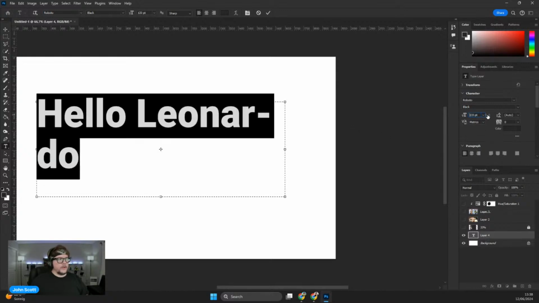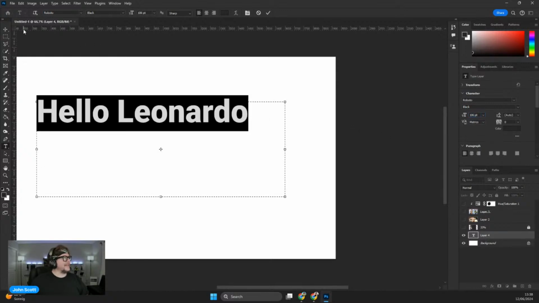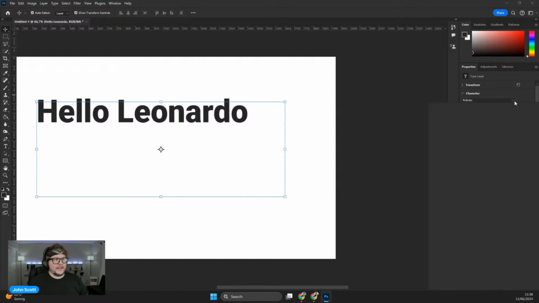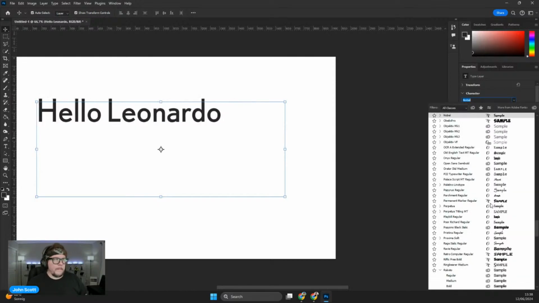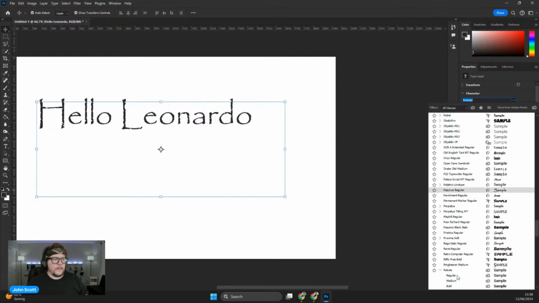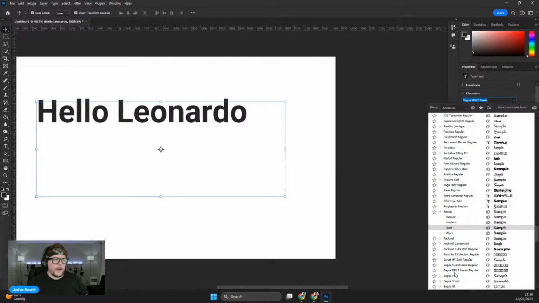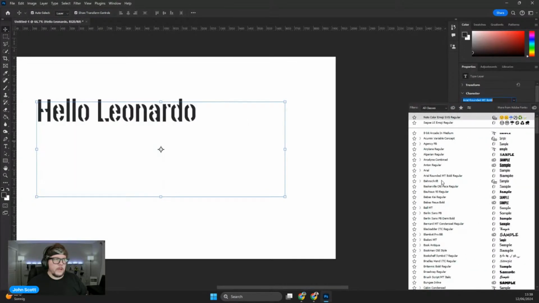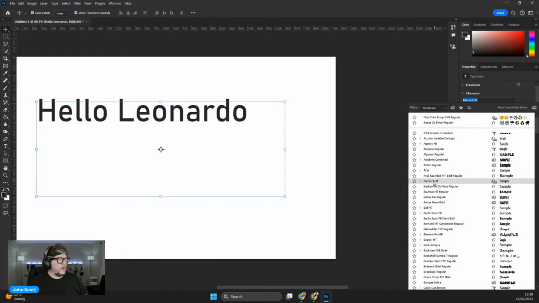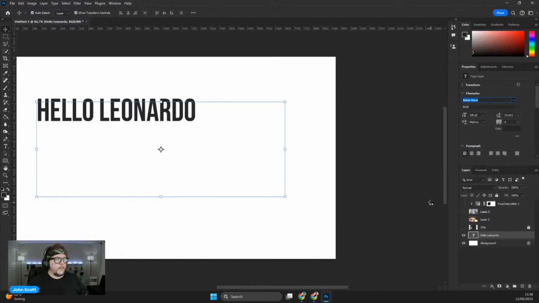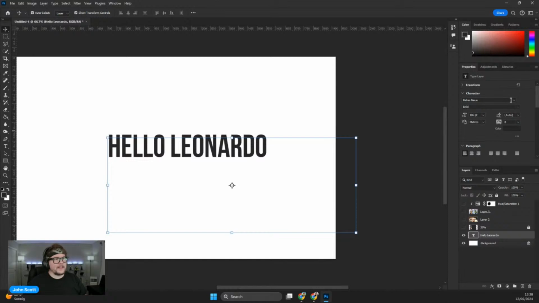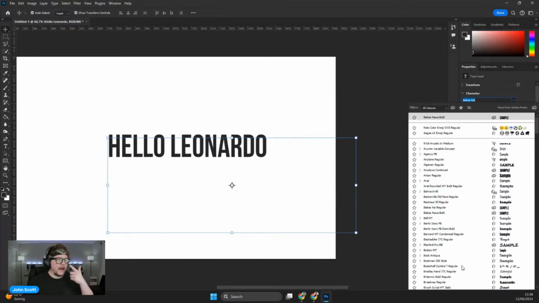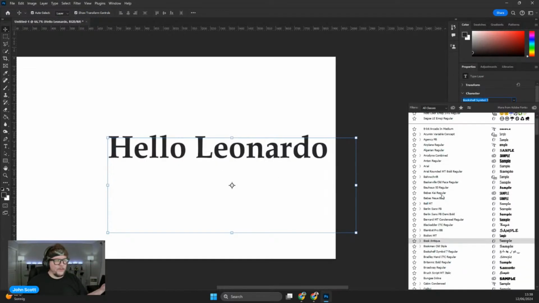So when you want to do a condensed font, let's go find one real quick. I know that I use a lot of Bebas Neue. That's one way you could go. That's not technically condensed, but it's tall. Impact is another one if you really want that.